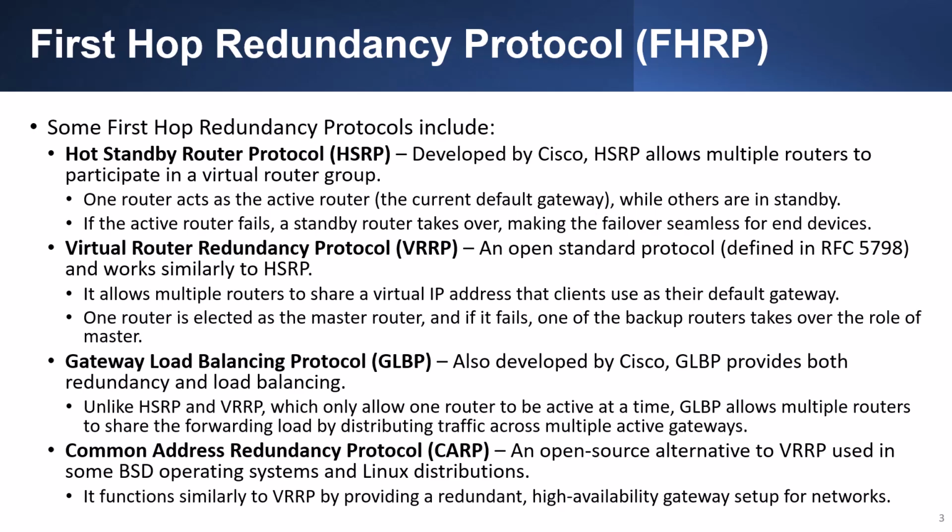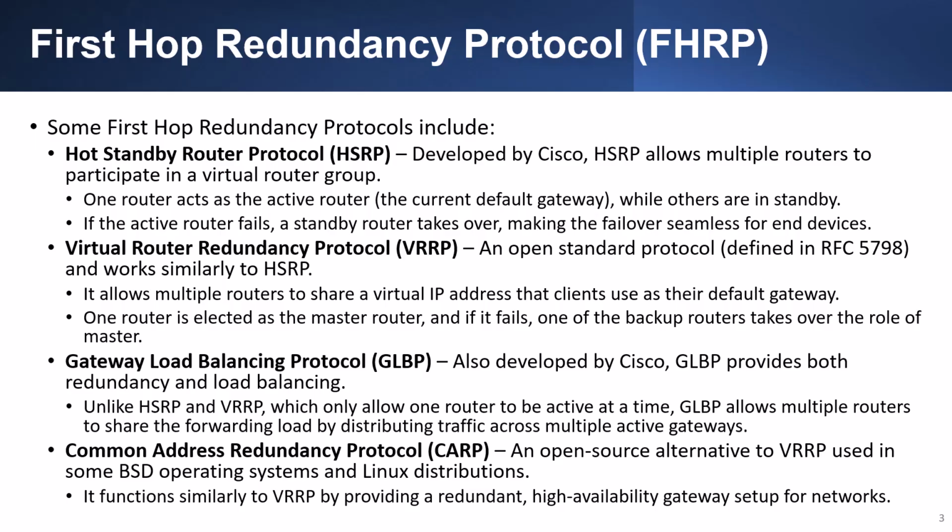Some First Hop Redundancy Protocols include Hot Standby Router Protocol, or HSRP, which was developed by Cisco and allows multiple routers to participate in a virtual router group. One router acts as the active router, the current default gateway, while others are in standby. If the active router fails, a standby router takes over, making the failover seamless for end users. Virtual Router Redundancy Protocol, or VRRP, is an open standard protocol and works similar to HSRP. It allows multiple routers to share a virtual IP address that clients use as their default gateway. One router is elected as the master router, and if it fails, one of the backup routers takes over the